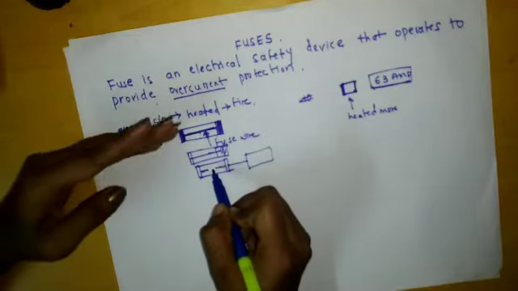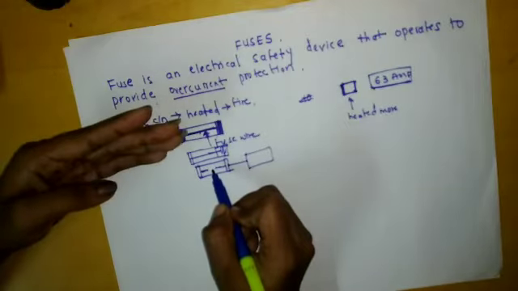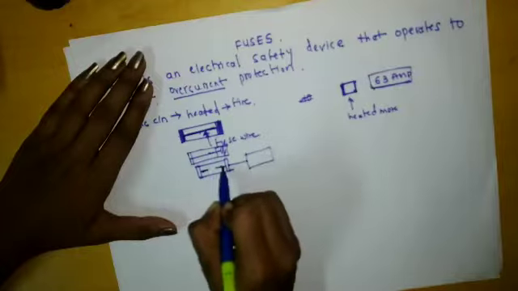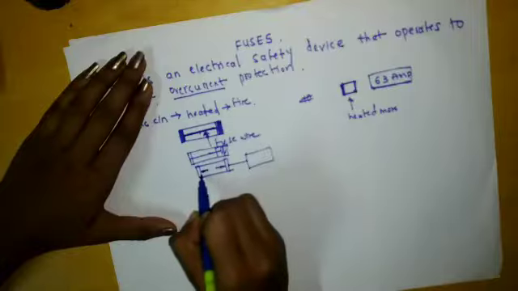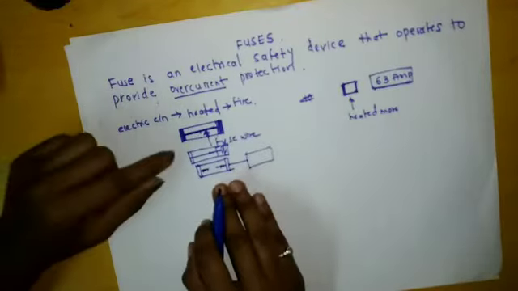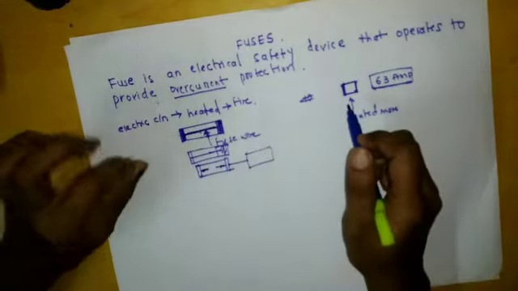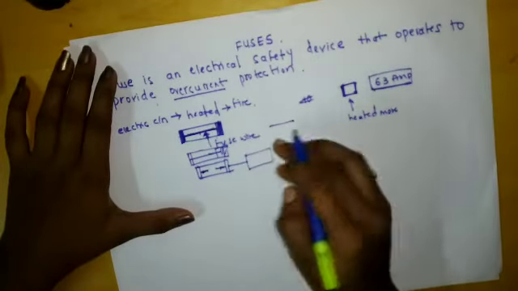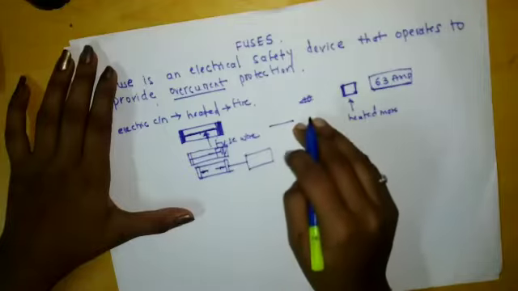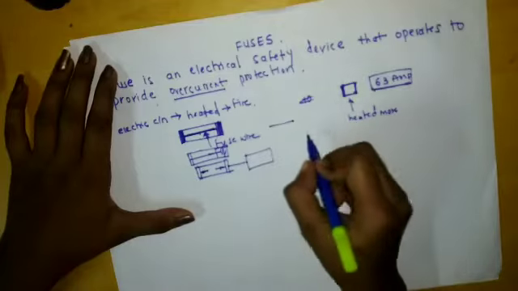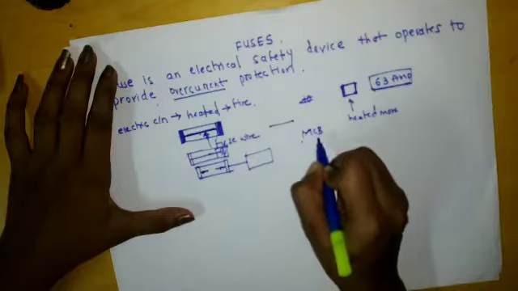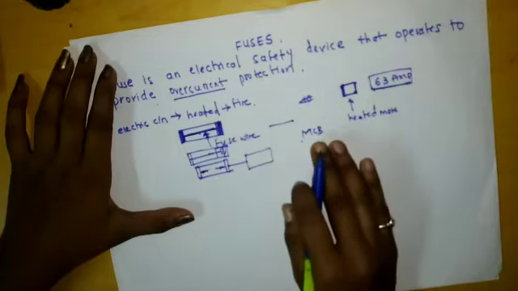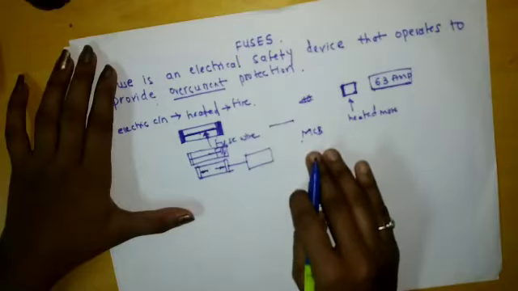It means it has to be rewired, okay. So we have to replace this wire once it gets melted. To overcome this, what we use, an automatic fuse is used. That means whenever the overcurrent flows, it will switch off, and whenever it comes to the normal condition, it will switch on. That is MCB, miniature circuit breaker. So this we use instead of this because it has automatic switching.